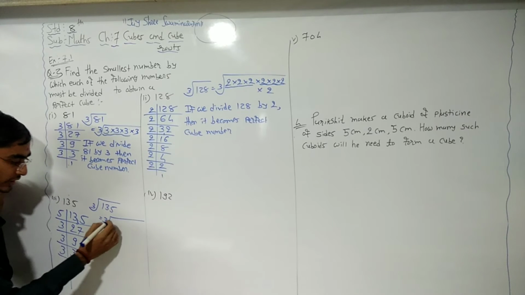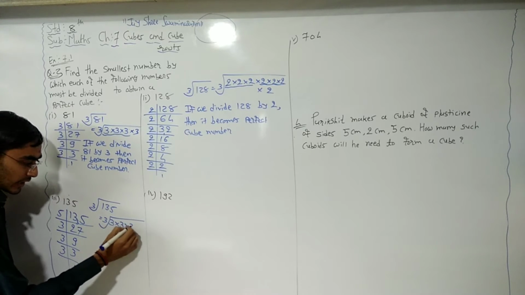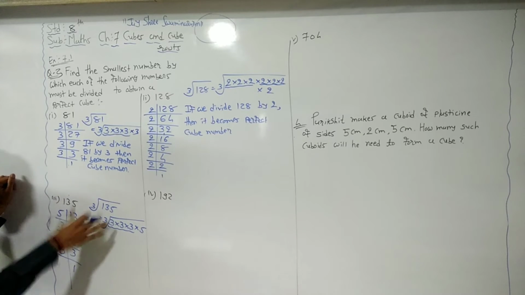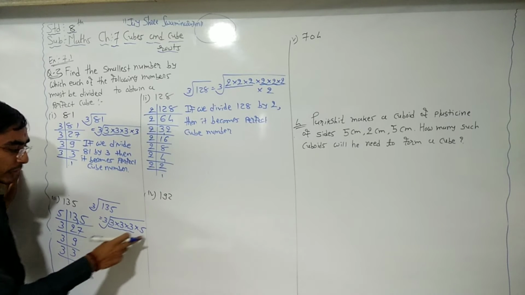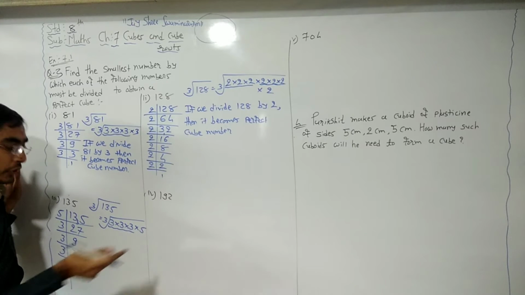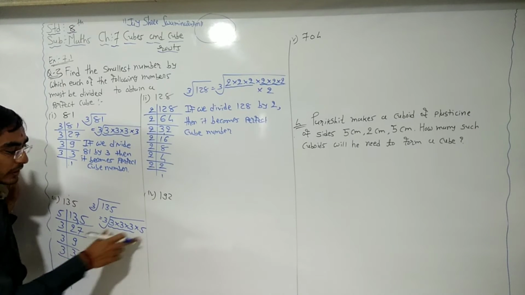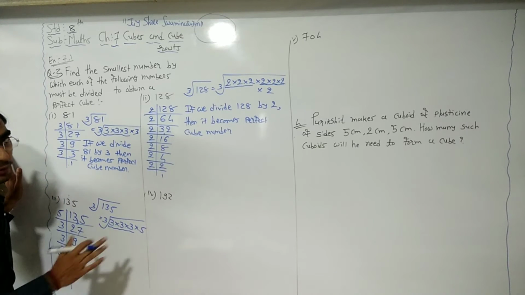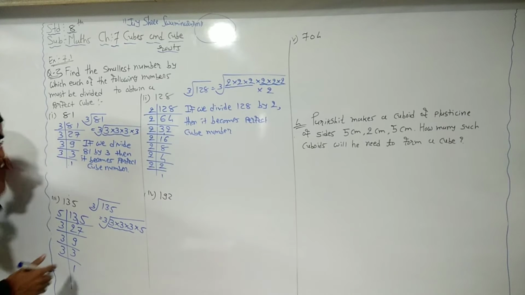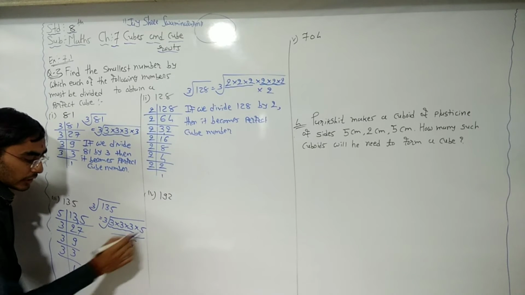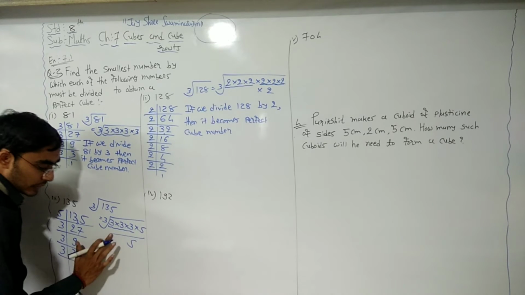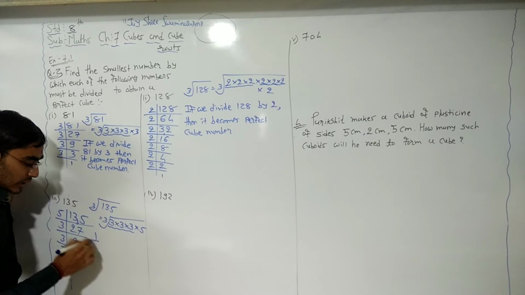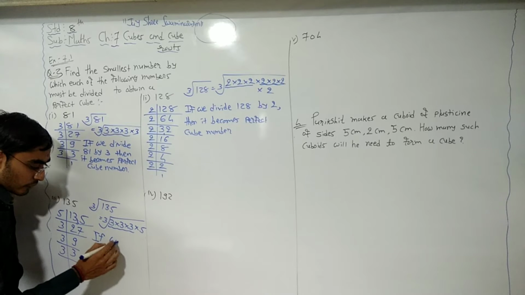1, 2, 3, 3 times 3 and 1 time 5. So here we have 3 times 3, so we have 1 pair, but this 5 is extra, so we need to remove this 5, right? 1 times 5 is extra, so we need to divide by 5. So 5 cancels out. Okay, we divide by 5, then 5 cancels, so 5 is removed.